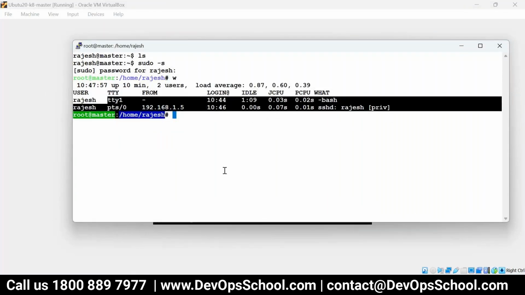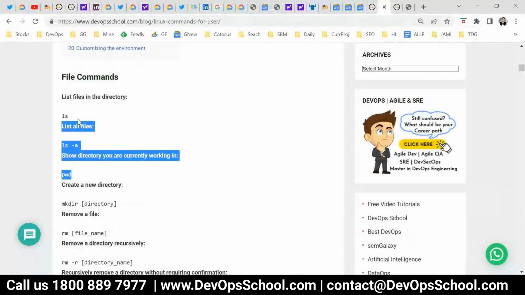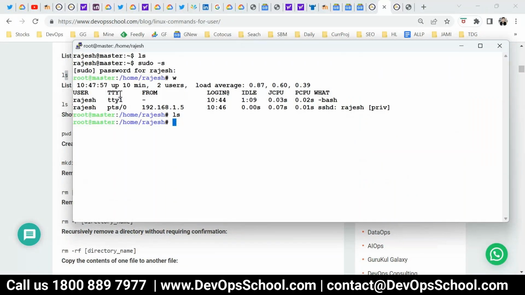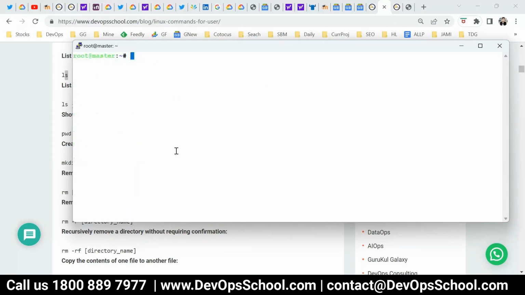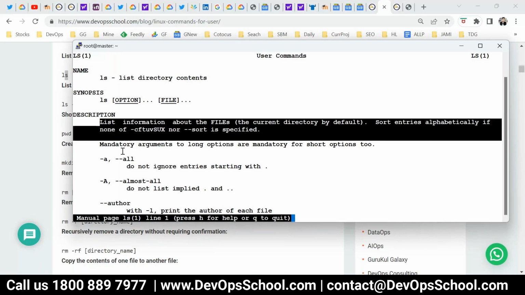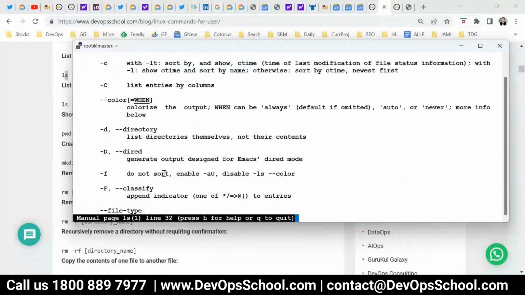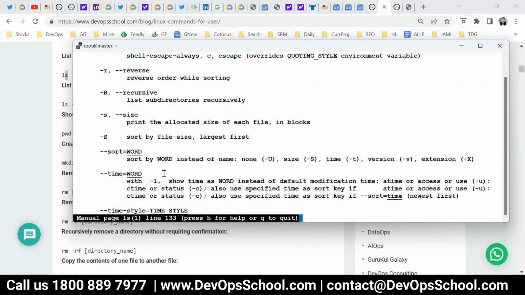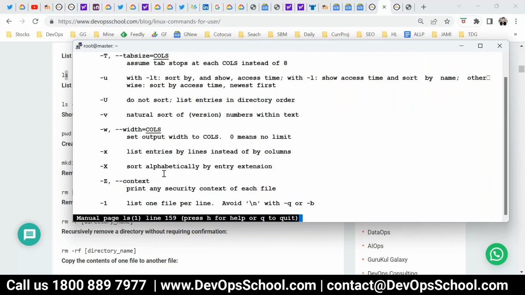Coming back to the ls command, which is used to list the files. See where exactly I am, root directory, ls. So I'm able to list the directory contents. Now ls has so many combinations. The easiest way is man ls. Man means manual. See, so many options you have. So that's what I said: just remember the command, and the options you will find depending on your requirement. So this way you will have to practice it.